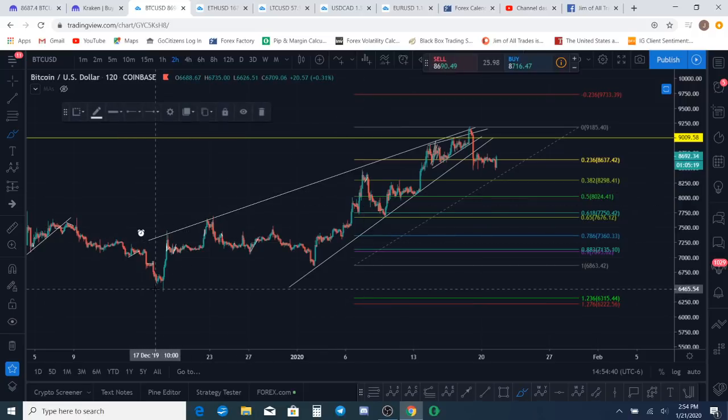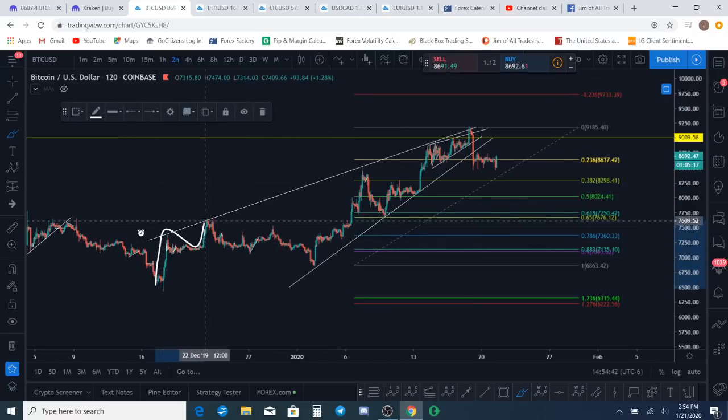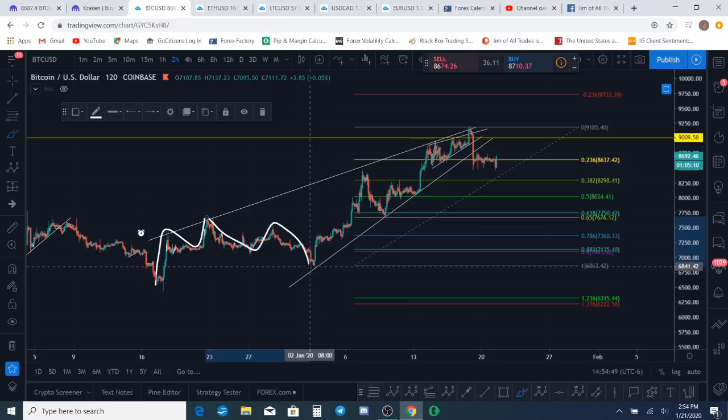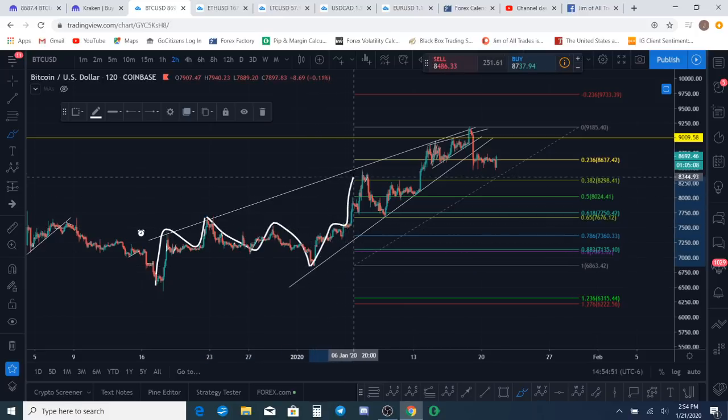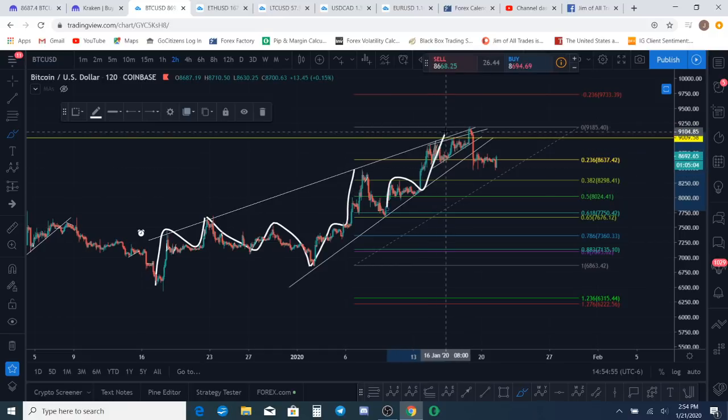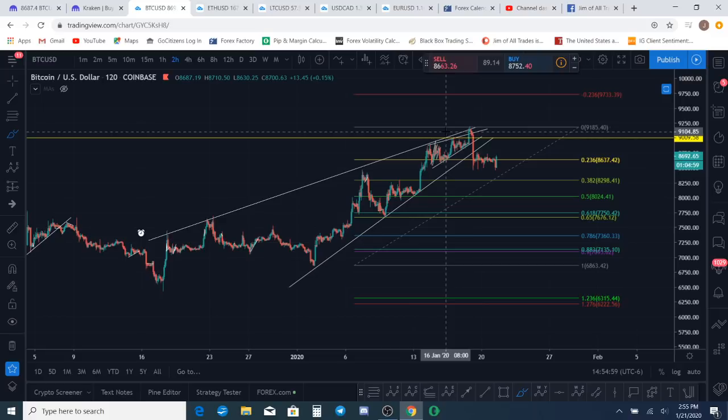Also, somebody asked me yesterday, if this is a 1 wave, how can that be 3 waves? Well, when you have an ending diagonal, all the wave structures are 3 waves the entire way through. So you have 3-wave structures all the way through a diagonal, and that's why you can have a 1 wave that's 3 waves. Now, this also could be interpreted as 5 waves. In fact, I could give you a count where it's 5 waves and not just 3 waves.